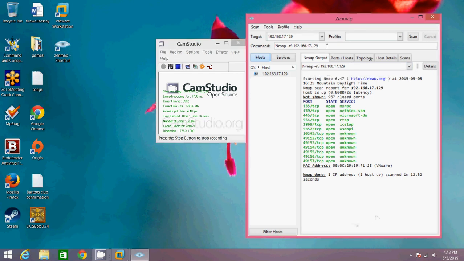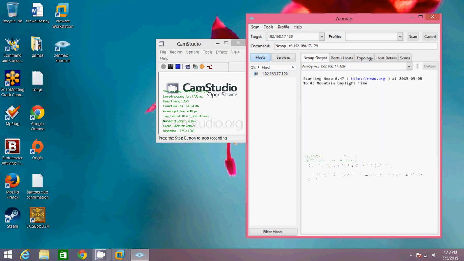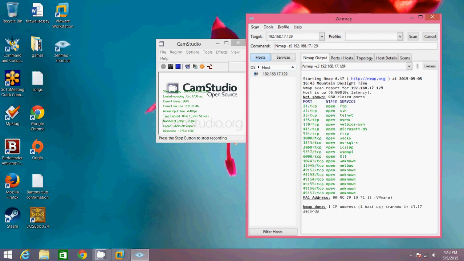So we're going to run this same command again. Go up here, we're just going to hit enter to run it again. Now it's going to scan and pull up the same things, except this time there'll be a few differences. It's going to show the Telnet service available on port 23, and then it's going to show the FTP service available on port 21,